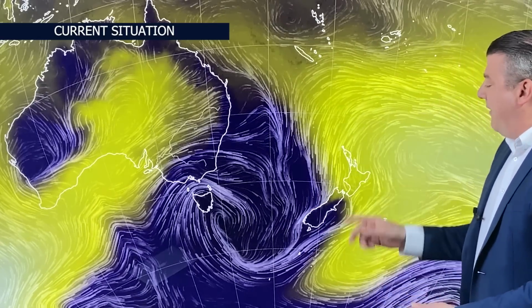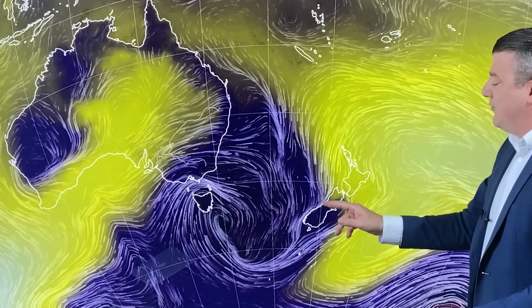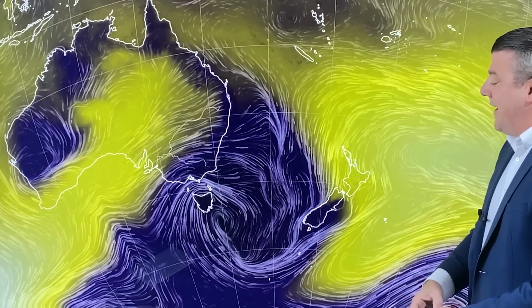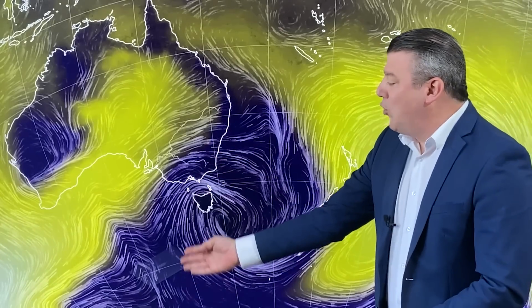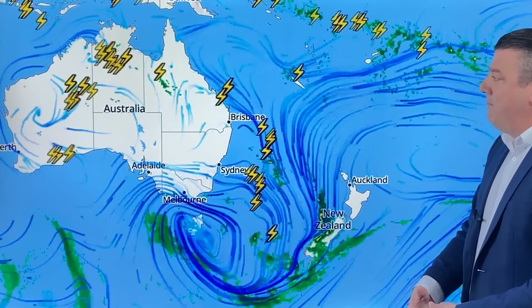So there could be some heavy falls in places like Bay of Plenty and East Cape, and we've also got rain warnings from Met Service out for the western side and northwestern sides of the South Island. And on the other side in Australia, stormy weather coming back through again from the Southern Ocean, but next week an even bigger system. So let's take a look at the current thunderstorms on the IBM map from Weather Watch,